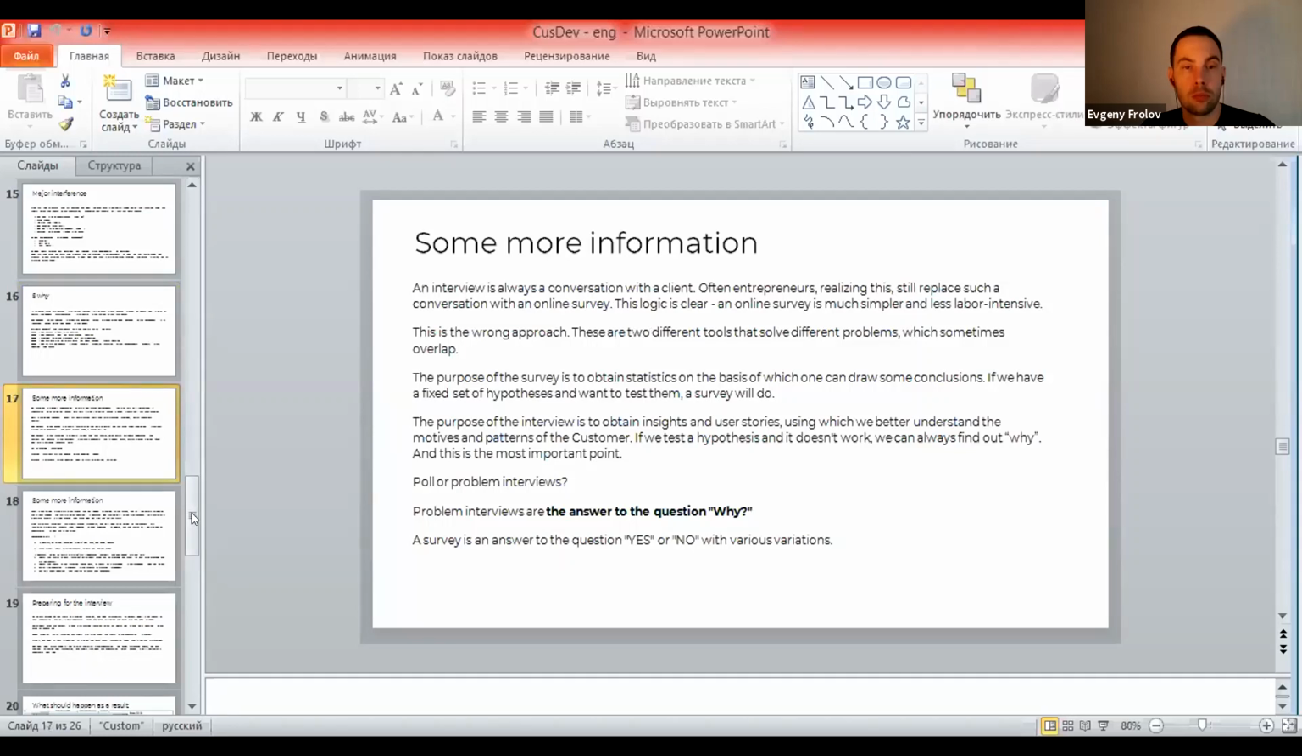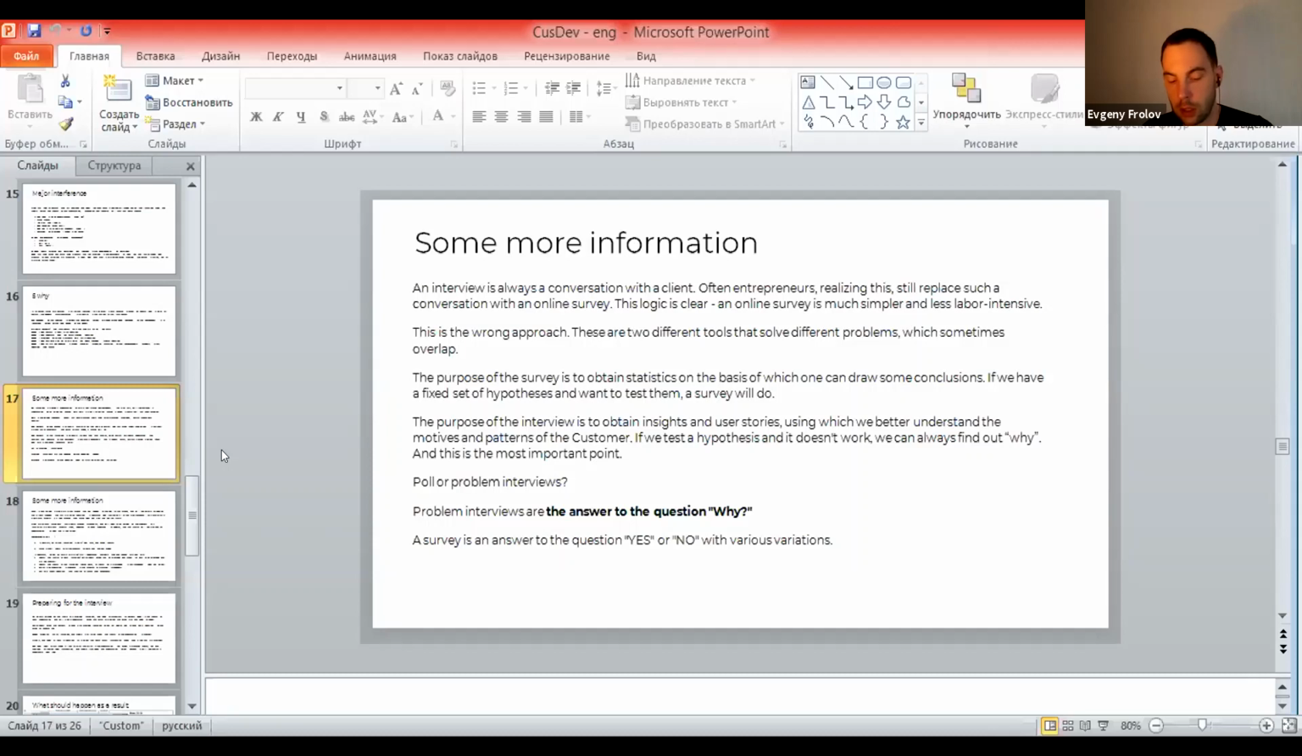So an interview is always a conversation with the client, and try to keep in mind that it should be a conversation. That's why don't use closed questions. Use open questions. Try to organize it as a conversation. What's important here is to use